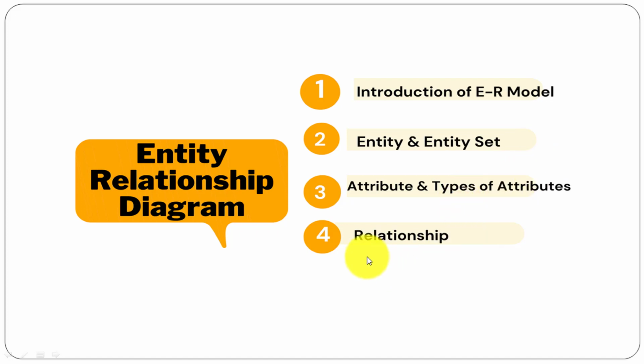Next, the fourth part, we will discuss what a relationship is. There are some types of relationship like one to one, one to many, many to one and many to many. A relationship is defined between two entities, and we will see how it is defined and described. Then we will discuss the degree of relationship, cardinality, and partial participation. All these concepts we will discuss here.